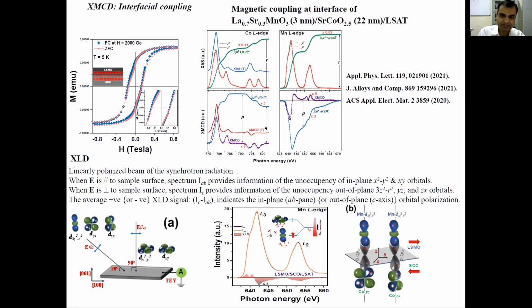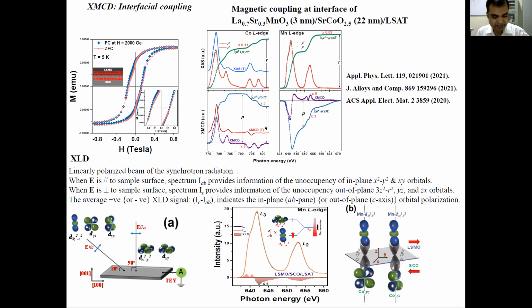Then finally, another important aspect: when we have crystal field splitting, the electrons can be populated in different orbitals. They can be populated in the t2g levels, or into the eg levels, or in a different way. So we can also get an idea of which particular orbital the electrons occupy, whether the in-plane orbital or the out-of-plane orbitals. That kind of information one can get by performing X-ray linear dichroism.